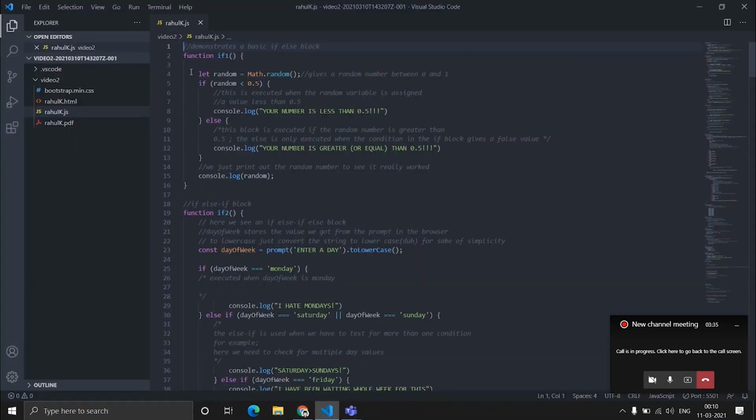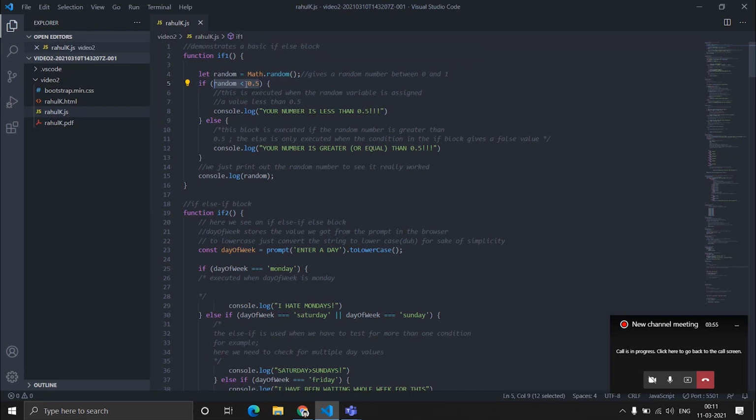As you can see, this is the function if1. Here I have used a random number generator that generates a number between 0 and 1. Suppose it generates a number less than 0.5. So this condition becomes true.